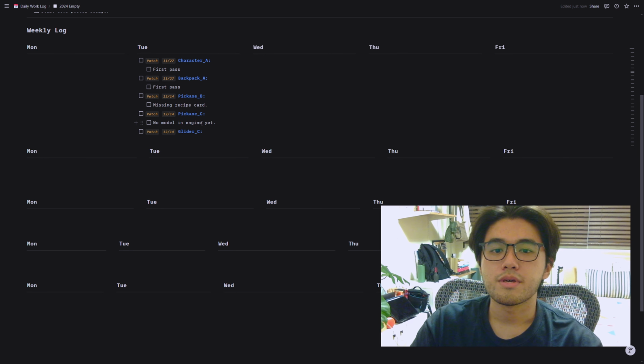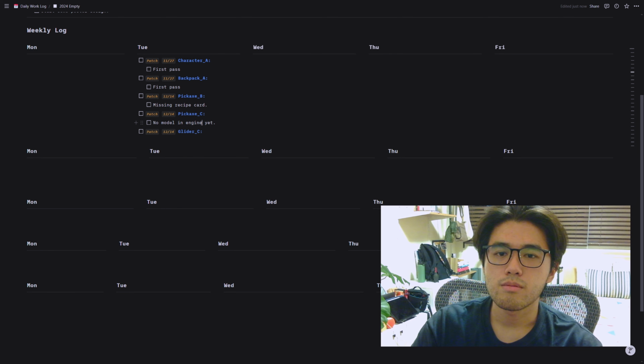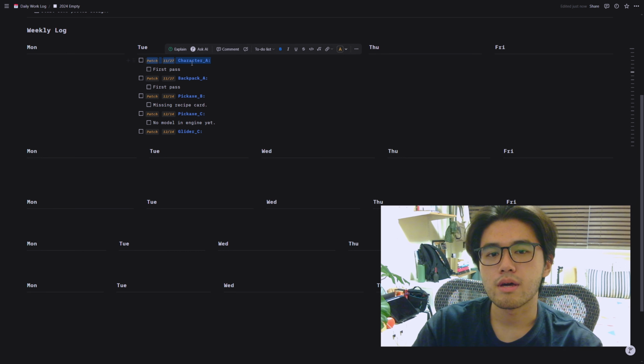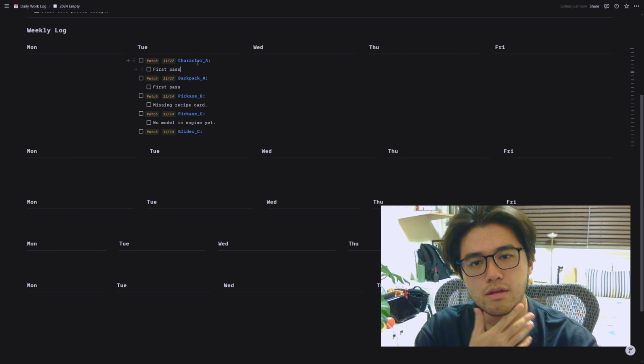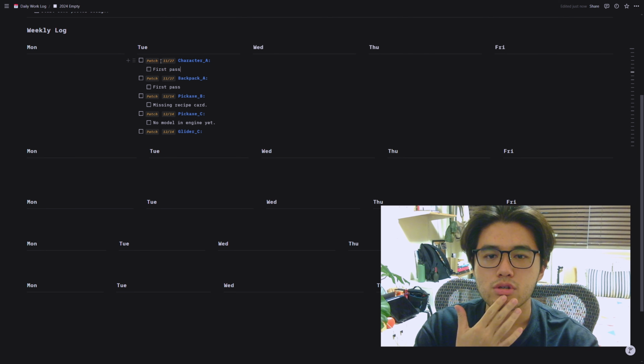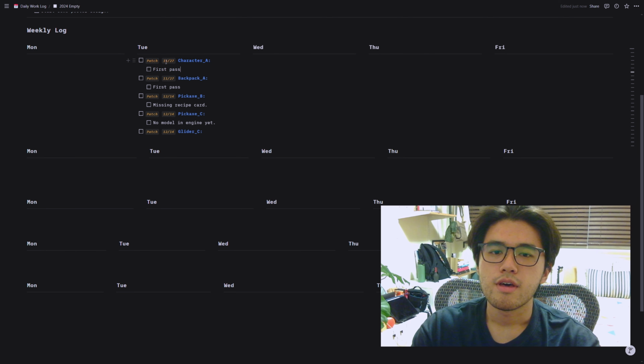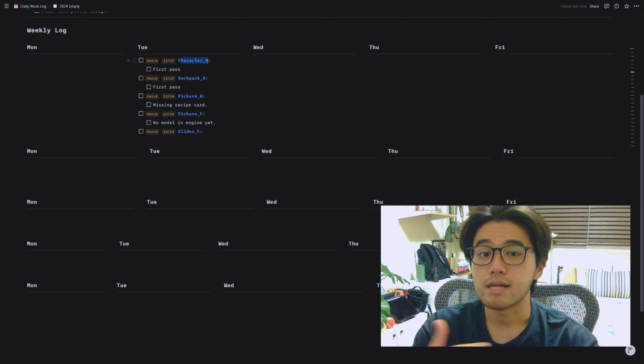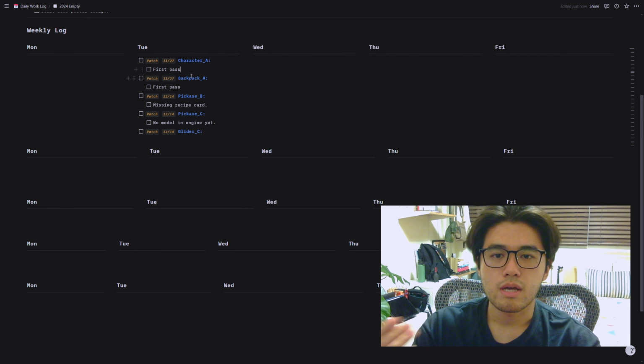So I want to share a bit of how I organize my daily tasks using this Notion template. I bullet journal myself, so this is kind of inspired by the system of bullet journaling. Basically I'll write down every asset that I'm assigned. So I'll first write down the patch number or the version number for it, and then the deadline, and then the asset name. So for example, if today's a Tuesday, I would write down all these assets that I'm assigned,